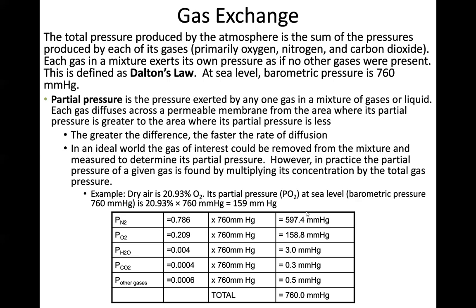The pressure of nitrogen in the air at sea level is 597.4 millimeters of mercury. Calculating oxygen, you take 20.9%, or 0.209, times 760 millimeters of mercury, and you get 158.8, or roughly 159 millimeters of mercury. You can add up all those different gases, and that's what gives you